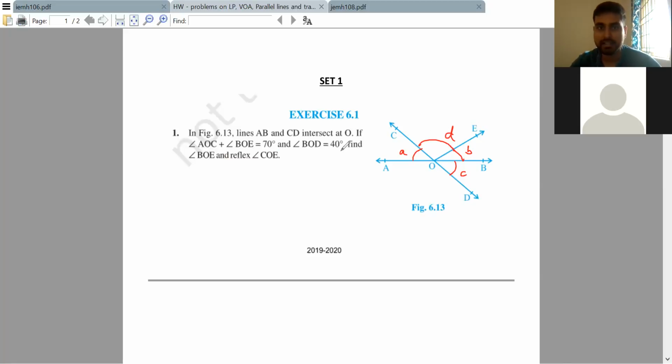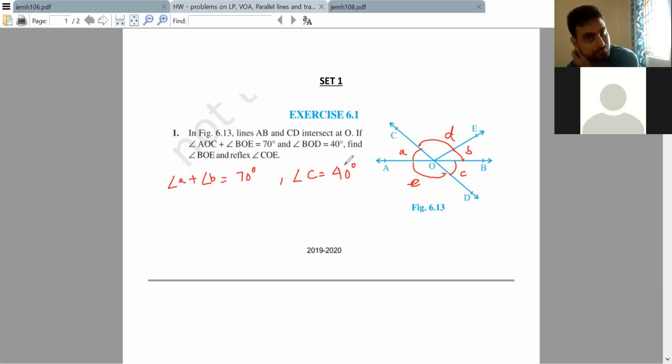So I have marked angle A, B, C, D. We can mark this one also as E, just so that our communication becomes quicker. If you have written full angle names, that's also correct. I'm just marking it so that our communication in this class is quicker. Go ahead, Shiva. I know angle A plus angle B is equal to 70 degrees, and I know that angle C is equal to 40 degrees.